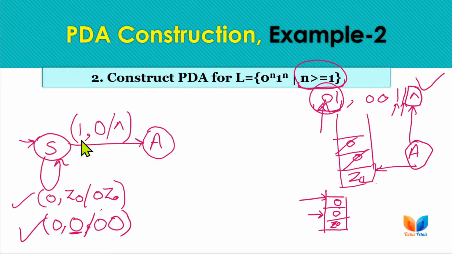In the previous example, we had C as a center point and we were changing the state, but we were keeping the same stack top. But here the requirement is that we need to pop the stack symbols for every 0. So we will be moving from S to A and also popping the same stack top, meaning replacing the stack top by null, and we have to repeat this process for all other ones. For all other 1 we will have 0 as the stack top and we will replace it with null. So we will be repeating this step n minus 1 times, and this is performed one time while we were changing the state.